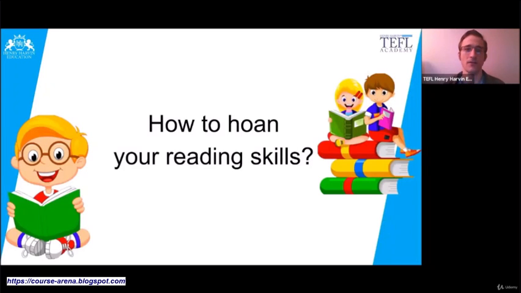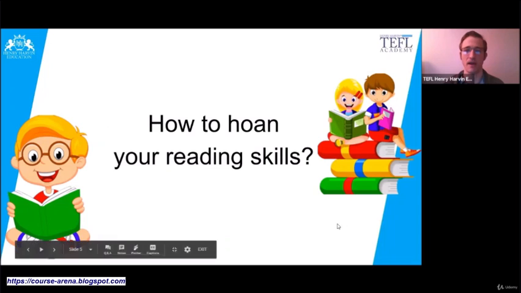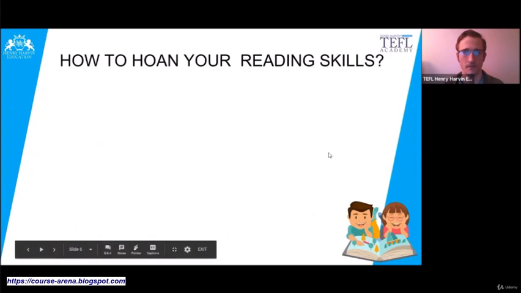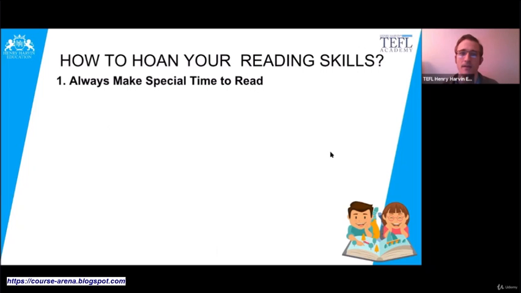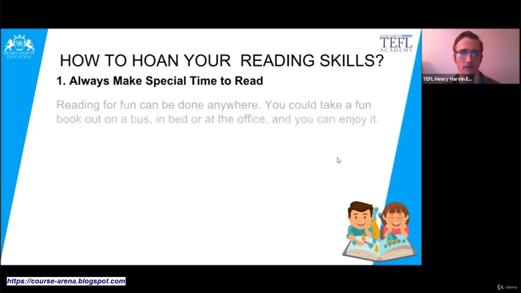How can you make your reading skills more targeted, more specific, or just better in general? Get into the habit of creating an environment for your reading. So find a nice quiet place, turn off your electronics, set a timer for at least 30 minutes, and just make a habit out of it. Make a special place and time like I was describing a second ago.